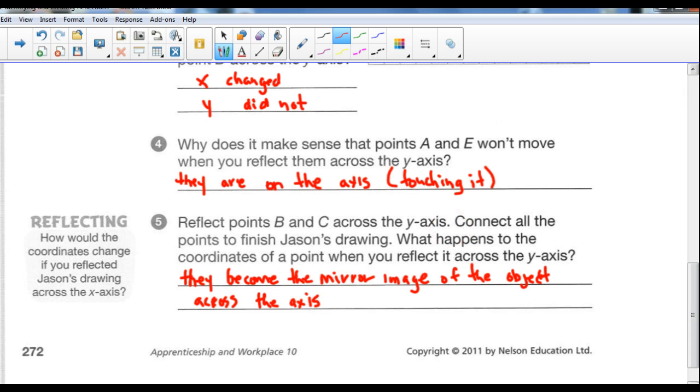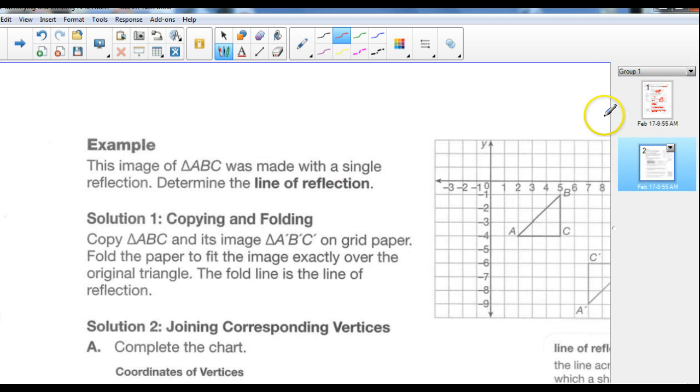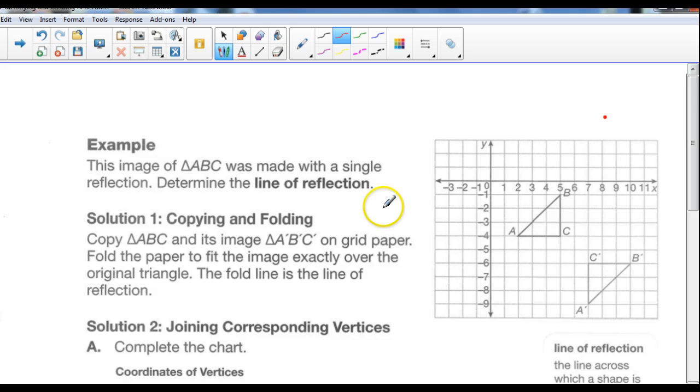Okay? The image of triangle ABC was made with a single reflection. Determine the line of reflection. Now I want you to notice something. Its reflection, it's in the same grid. It's in the same